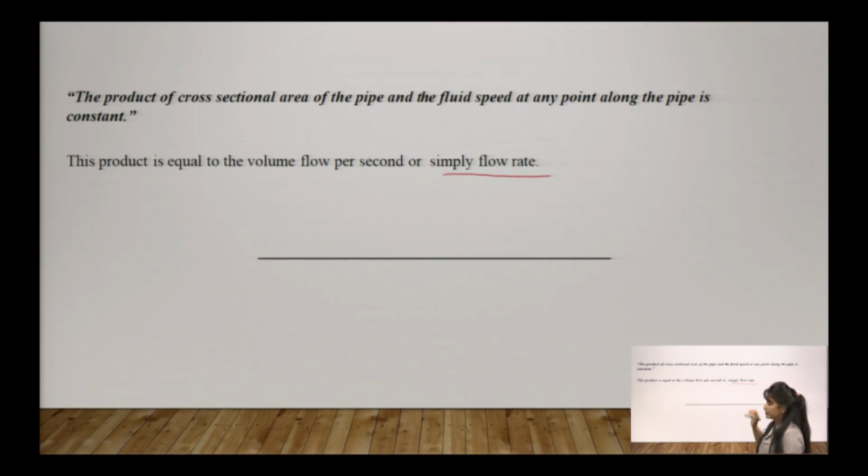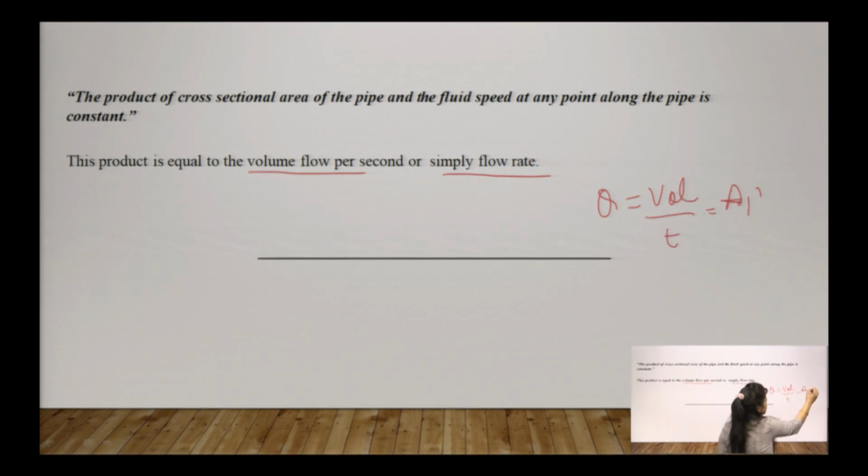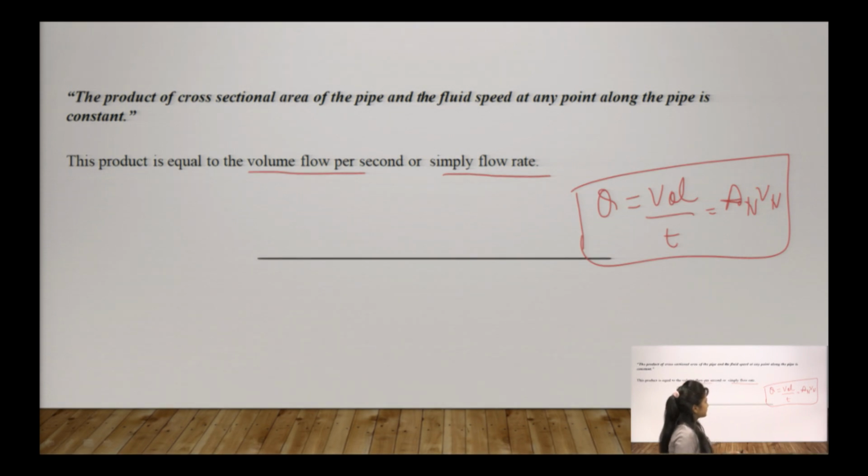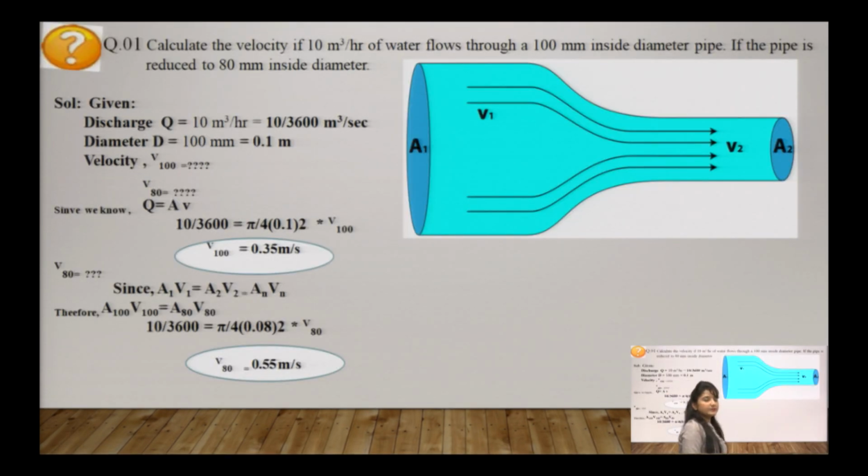thereby giving you the calculation for the rate of flow, which we are supposed to calculate for the fluid flowing through a pipe with the help of the continuity equation. It is nothing but volume attained per unit time, which can be calculated with the help of the cross sectional area and the velocity of the section we are dealing with. This was the mathematical calculation which we need to apply in numericals, or while calculating the discharge from a pipe.